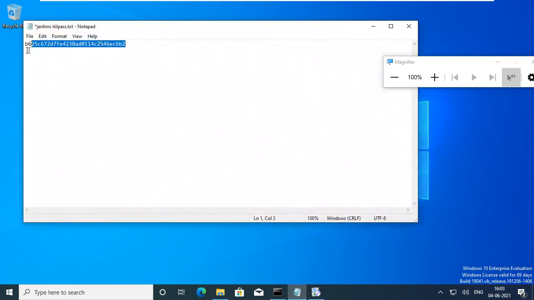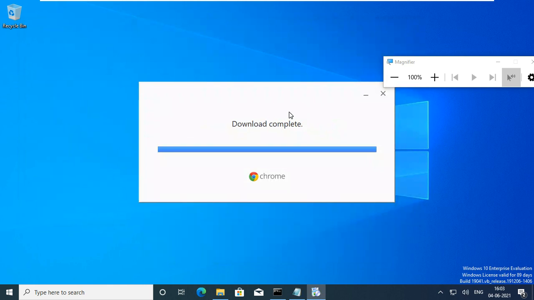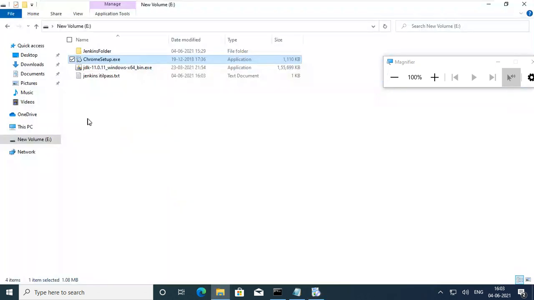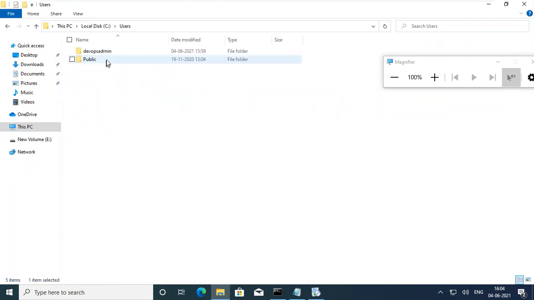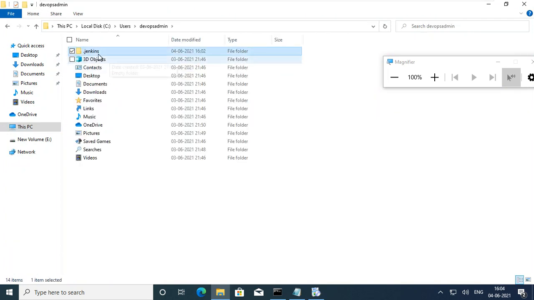This is the initial password, so make sure that you save it. In case the Jenkins installation fails, or you want to remove Jenkins, it is very simple. Go to that .jenkins folder, go to the users, select this one and delete it.